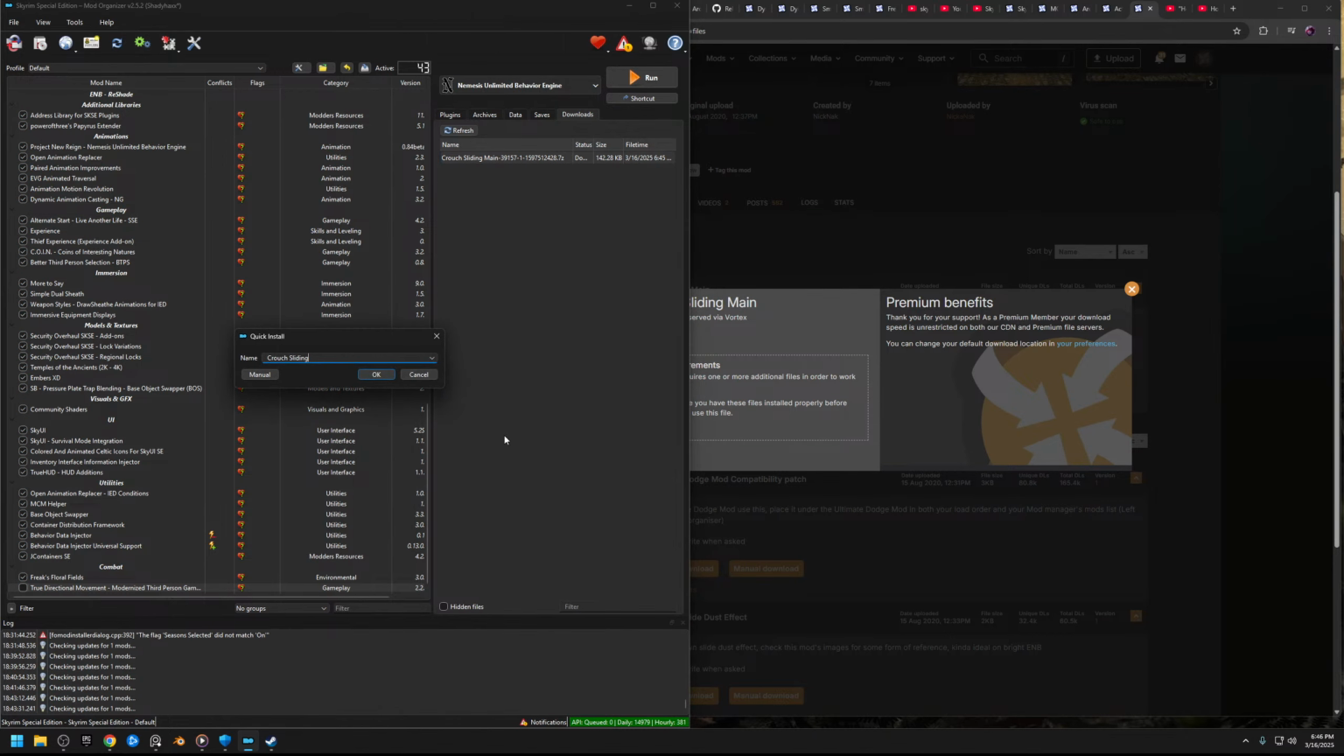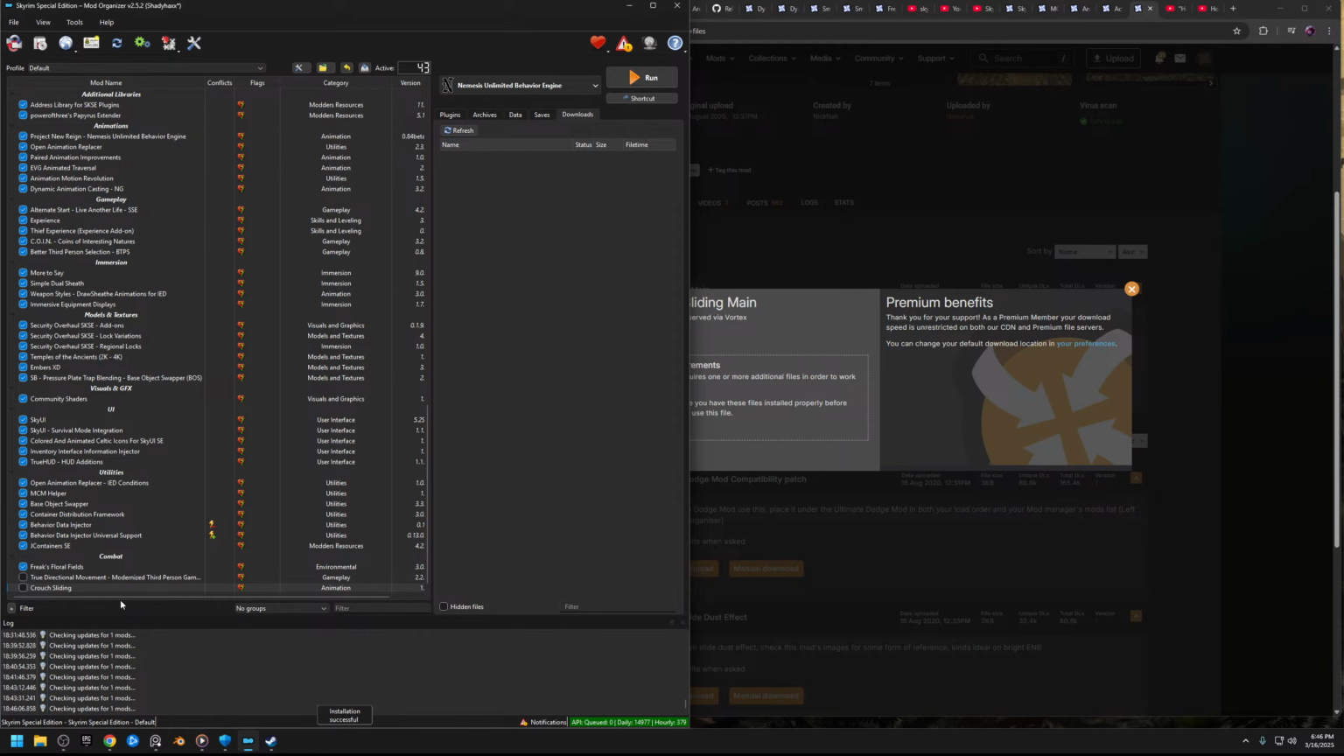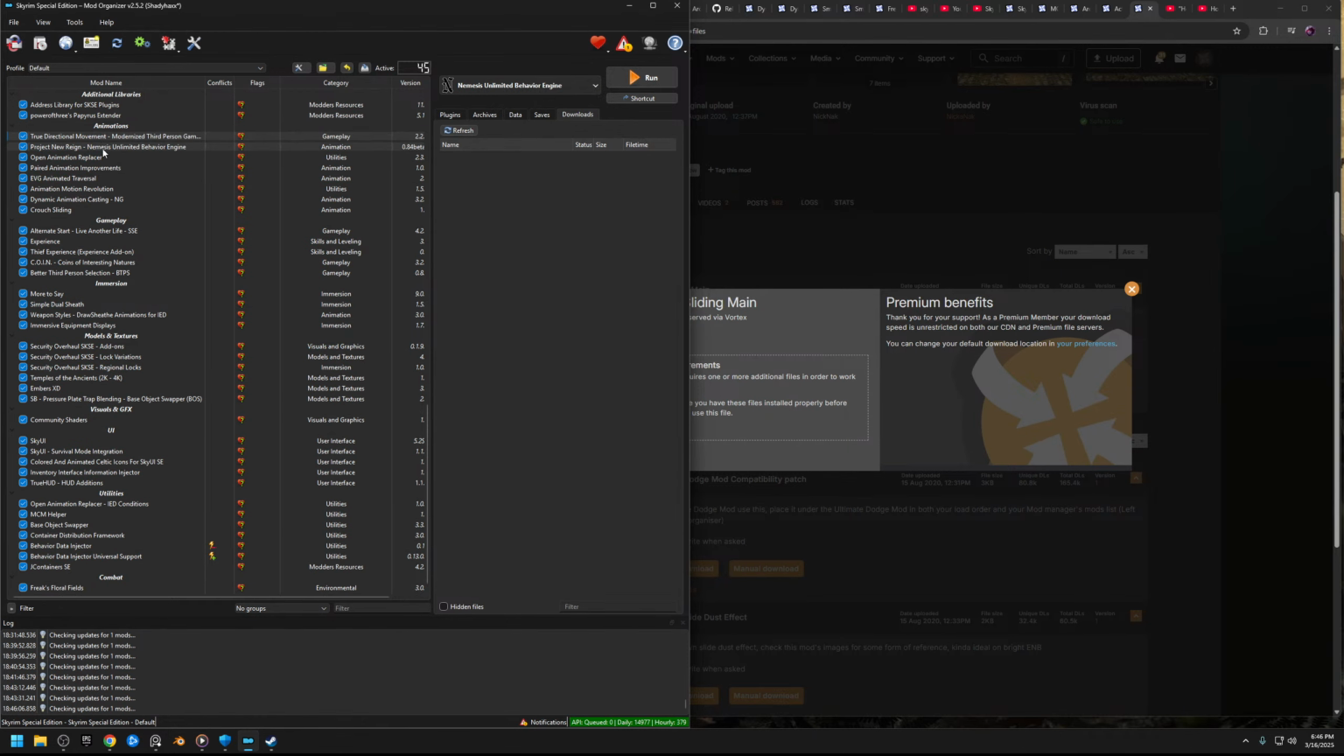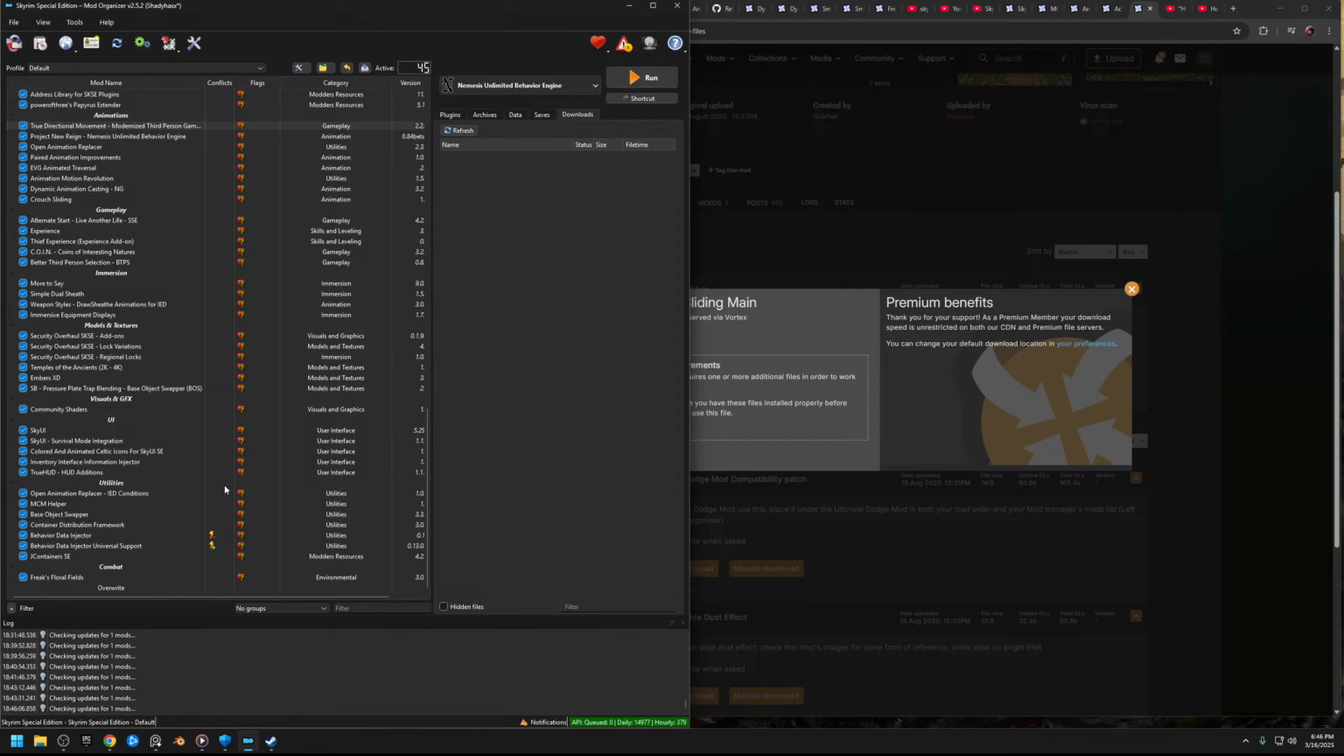Okay, install. Two directional movement, crouch sliding animation, and animations way up here. Two directional movement. I'm gonna put that at the top of animations, even though it's gameplay. And we're gonna go to edit,